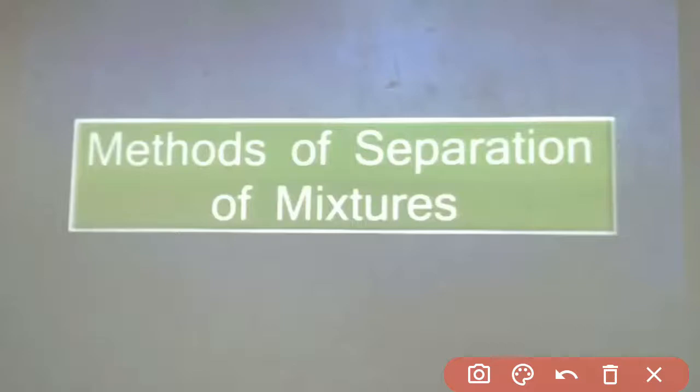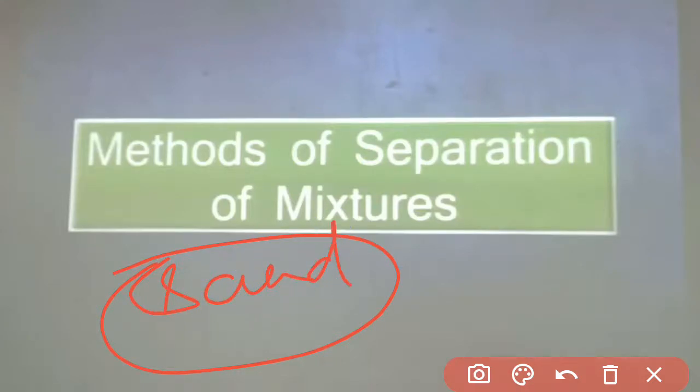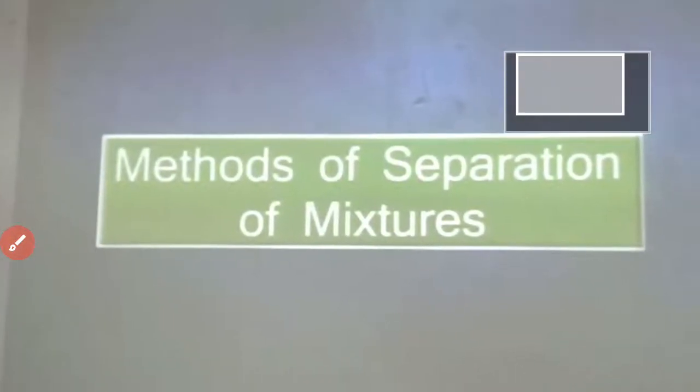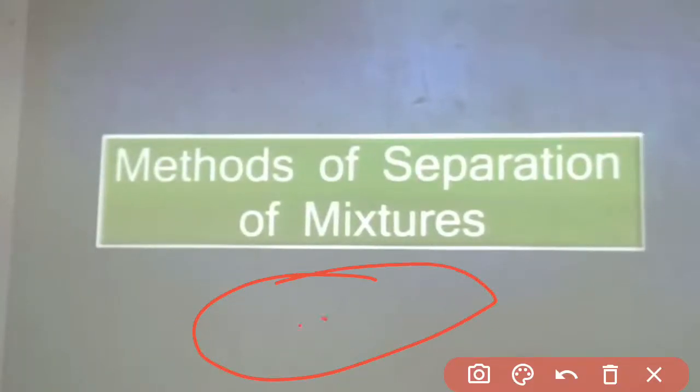So for that, let us consider some small amount of sand here. Someone has put some sand here, and along with that they have put iron filings in that. So this is the sand, and these are the iron filings in that. And if you are told to remove those iron filings from that sand, what method of separation will you be using? So the method of separation introduced here will be the magnetic separation.